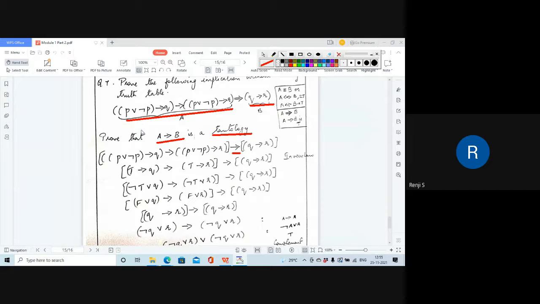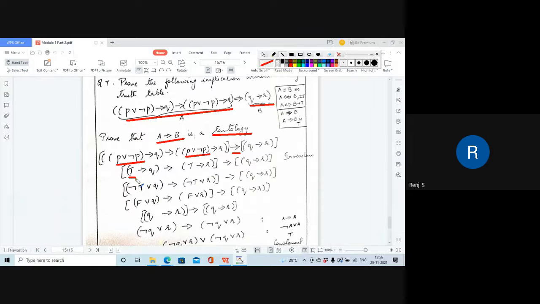So here from the question itself we can see that P or not P is T. And so this part can be reduced to T in the second step. And the remaining is written as is, so you get T implies Q implies again P or not P, which can be written as T, isn't it? Then that is the inverse law. You are applying the inverse law. Then the R is also written as such, and there is no change in this part.